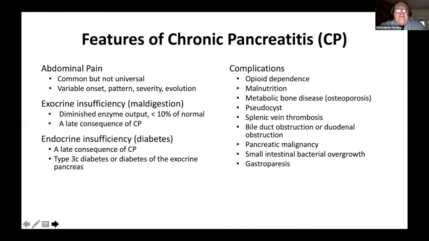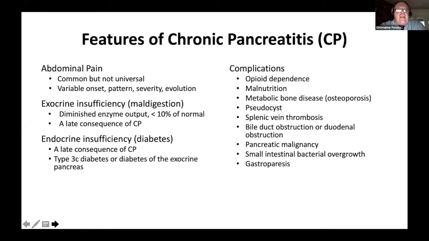Abdominal pain is the most common symptom of chronic pancreatitis. It's the symptom that's most responsible for intervention like hospitalization or endoscopy or surgery, and it's the symptom that most detracts from quality of life. And although it is the most common, it's not universal, so there are rare patients who have minimal or no